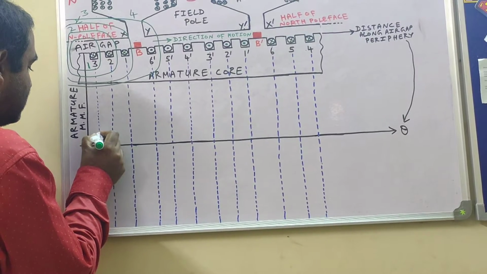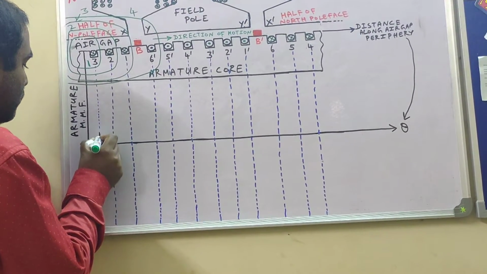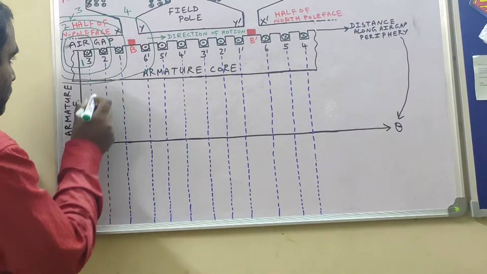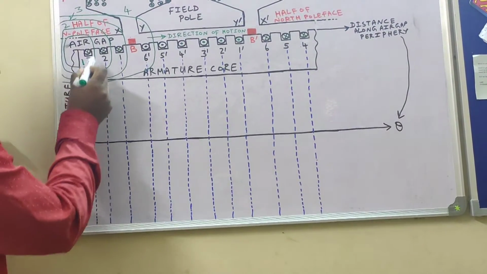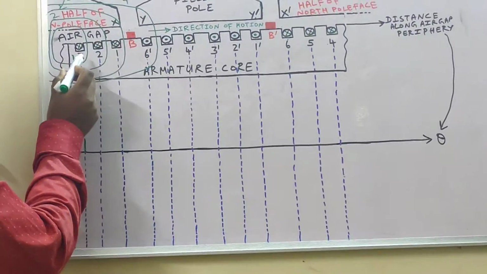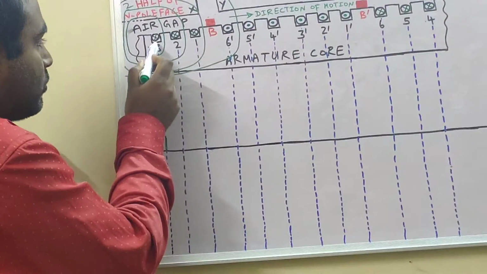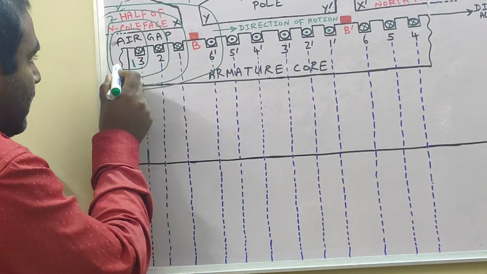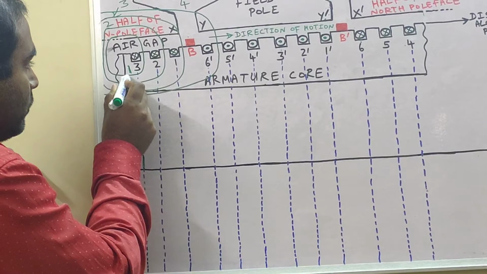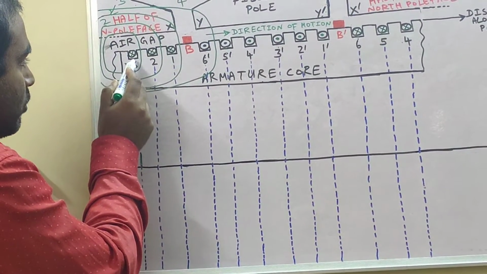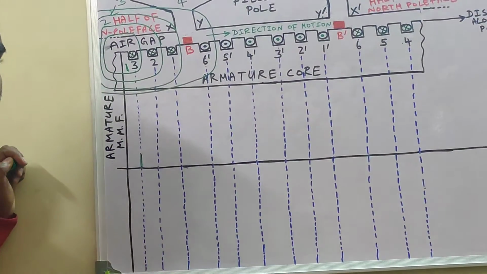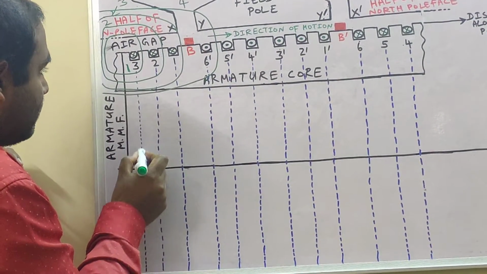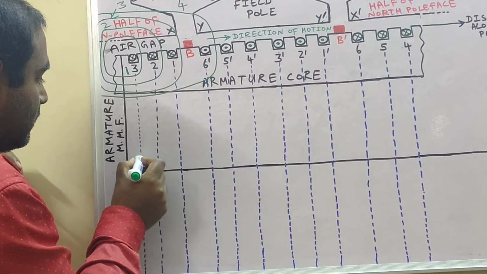As I have said, the change in MMF will be shown by a step jump, and the step jump will be shown at the middle of the slot. So for path number 1, the current enclosed is the current carried by slot number 3, and the MMF acting along path number 1 will be equal to the current enclosed by slot number 3. This is according to Ampere's circuital law. So we have shown a rise in MMF by a step jump at slot number 3.